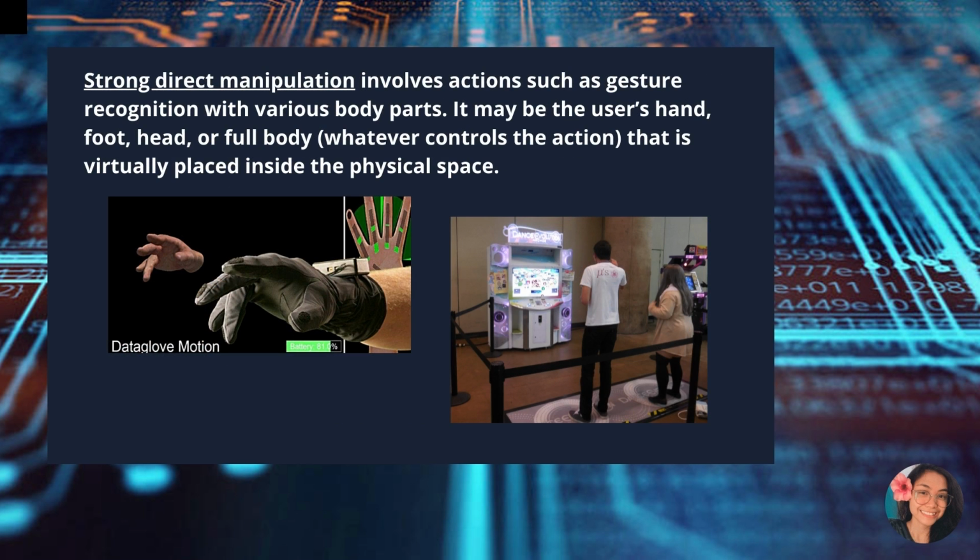Next is the strong direct manipulation that involves action such as gesture recognition with various body parts. It may be the user's hand, foot, head, or full body, whatever controls the action that is virtually placed inside a physical space. For example, this is the data glove that recognizes the gestures of the hand, and also the dance recognition, which